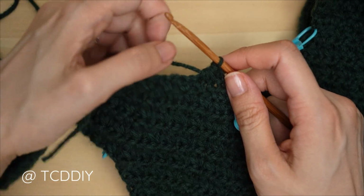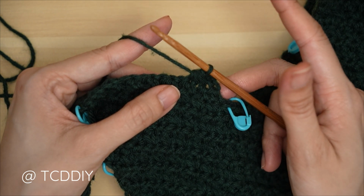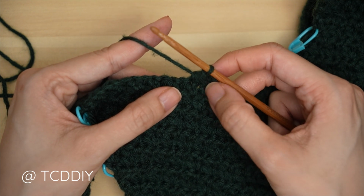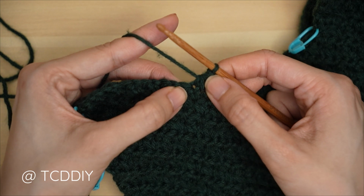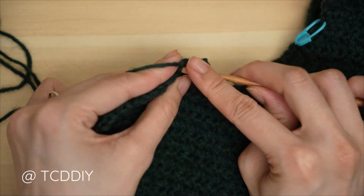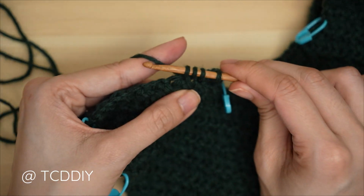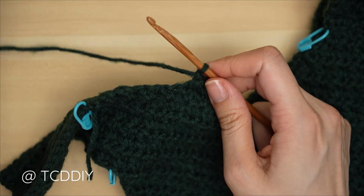Then we're going to do our first Trinity stitch. Now for the first Trinity stitch, we typically start by inserting our hook into that first single crochet that we made, but we're just going to treat this decrease like it's our single crochet. So into that last stitch that our decrease is worked into, we're going to insert, pull through, next stitch, pull through, next stitch, pull through for 4 loops on our hook, yarn over, pull through 4, chain 1,